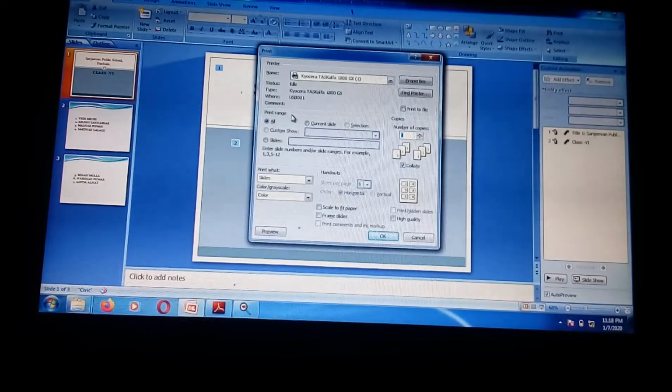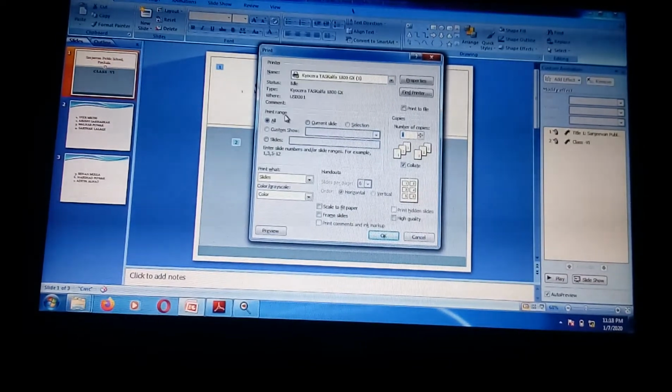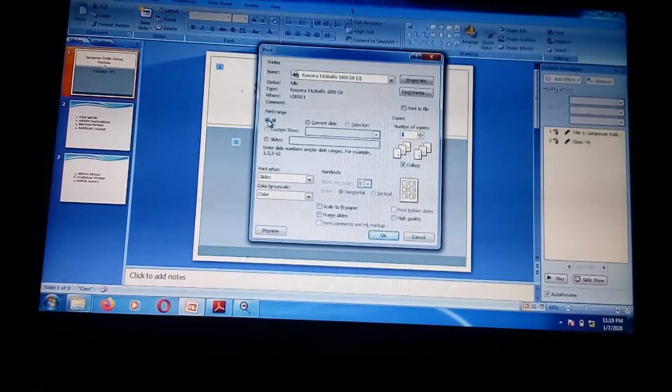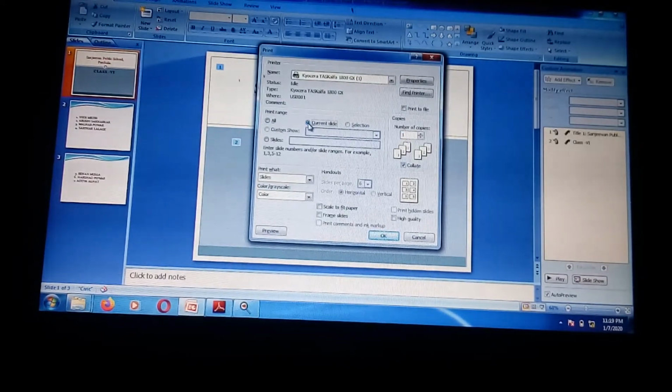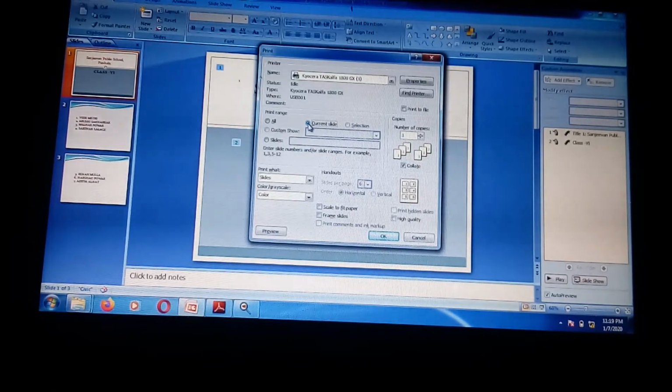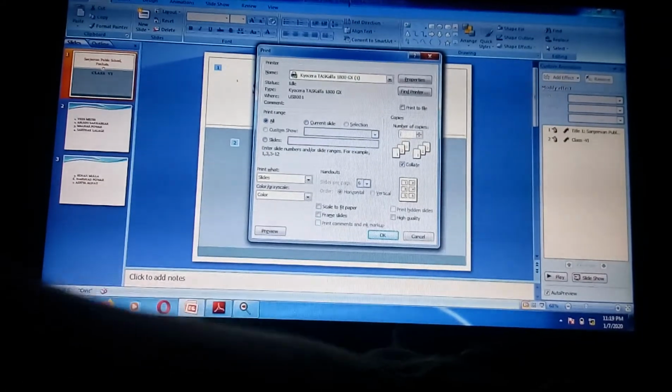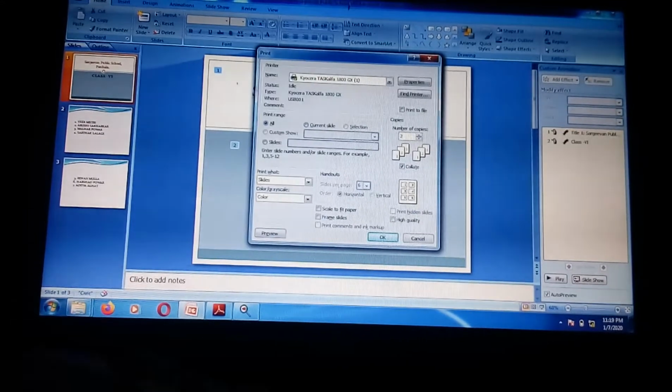From that there are different options, like print range, and how many copies you want. In print range, you have to select whether you want to print all slides or the current slide. Suppose you want the current slide, then select current slide, otherwise you can select all slides. Then how many copies you want. Suppose you want 2 copies, then you can select 2 copies.